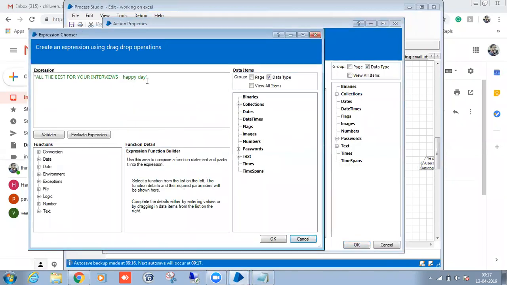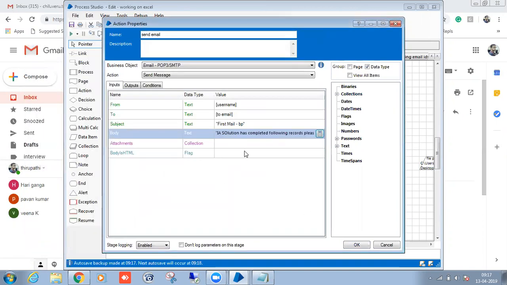Normally, everything, the text we want to send, they will provide us.